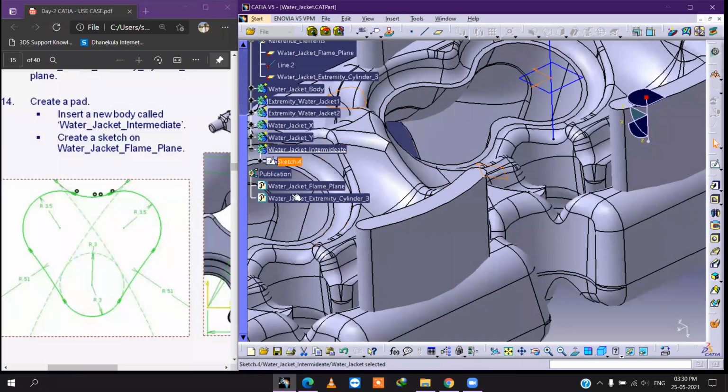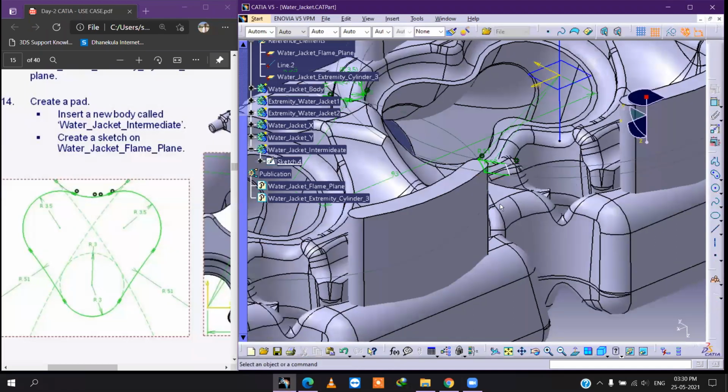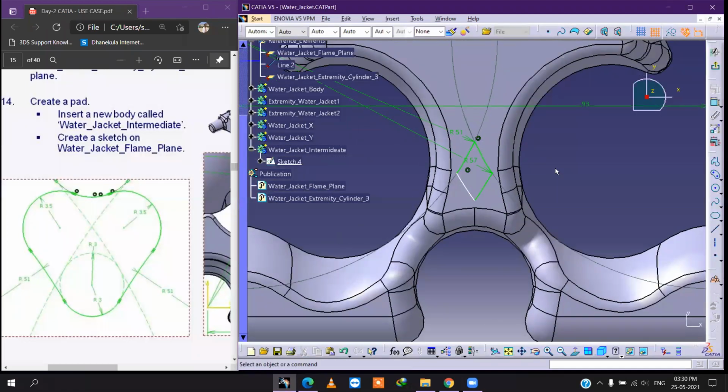Let's sketch. We have left something above.